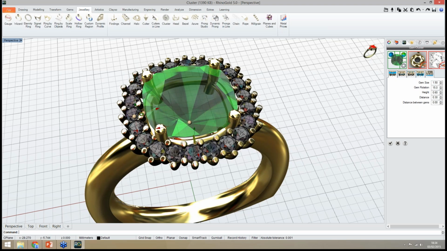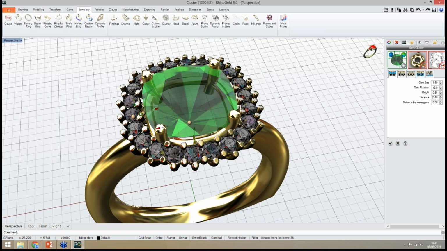We have several parameters. I can define the distance. In this case, let me define first the gem size. For instance, check, and it will adapt.